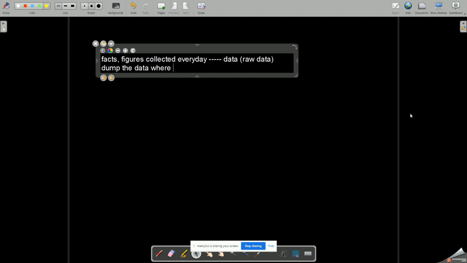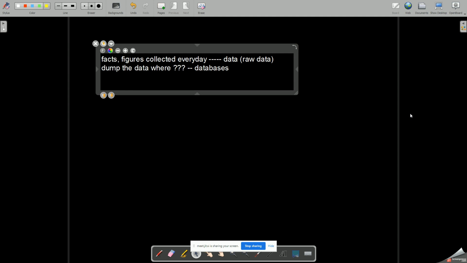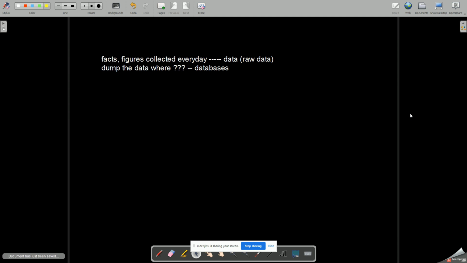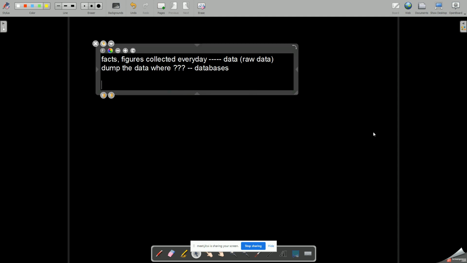We dump the data in collections known as databases. We dump the data into databases. That is, when you create a table, that is also a part of a database. So now I have already created that table, and when I tell you the attendance percentage, and when I tell